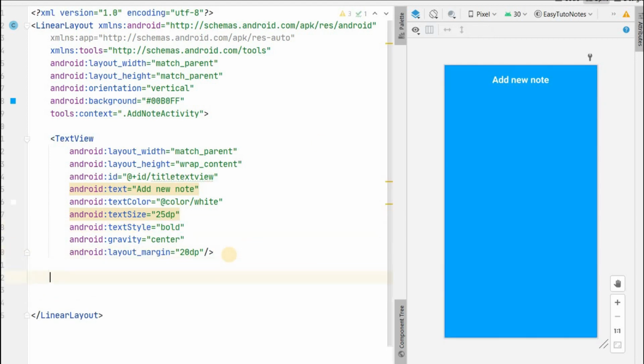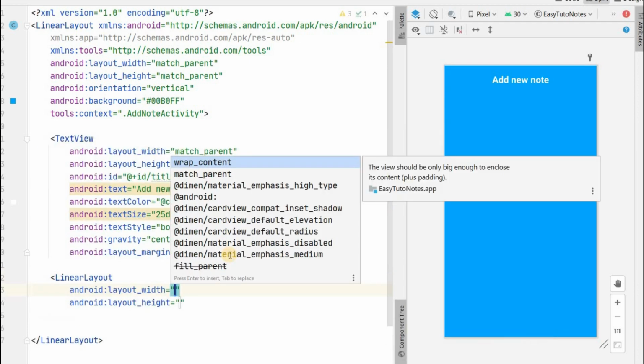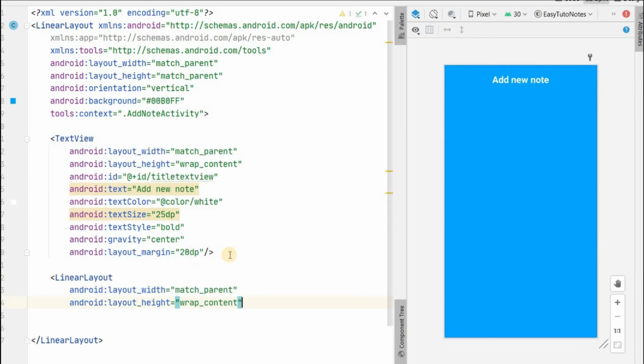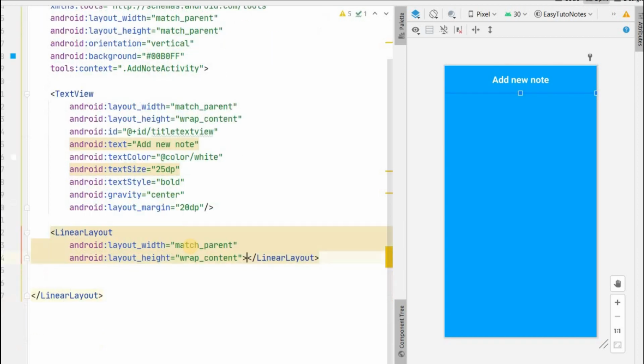Below this we will create an edit text to take input from the user. We need two edit text, that for title and description. So let's create linear layout, and inside that we will create two edit text. Linear layout match parent width, and we will set wrap content. And inside this linear layout we are going to create two edit text.